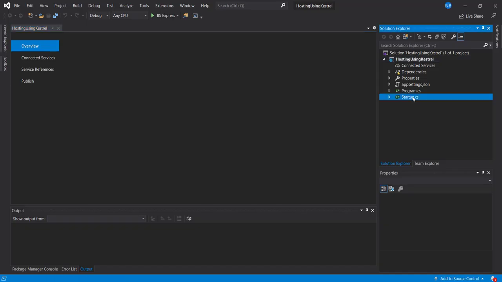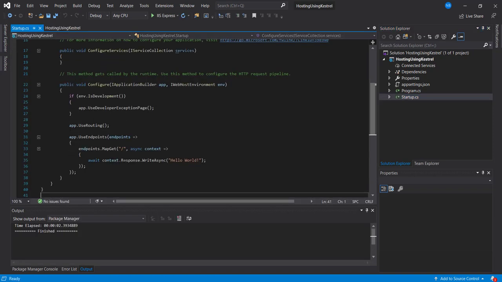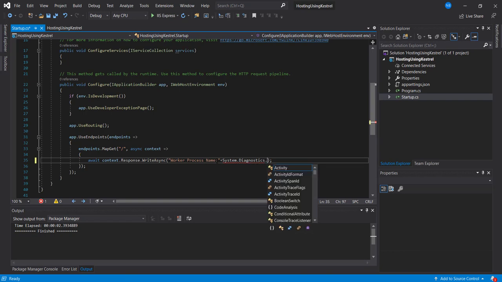Let me go to Startup.cs and add a line of code over here. I will add the worker process which is being executed, so let me get the process name which is being executed.